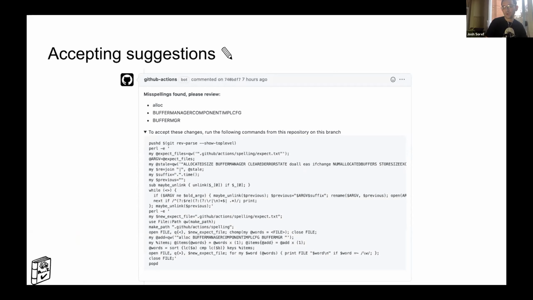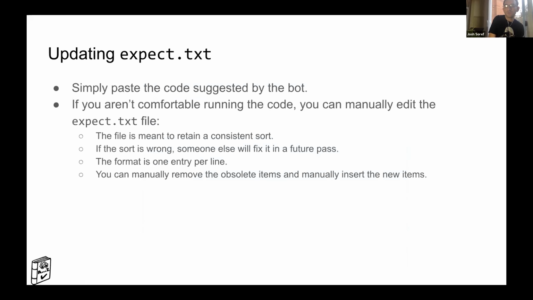You can, of course, also manually remove the items. Basically, in this case, there's an expect file, and these are individual lines in the expect file. You just remove them. And similarly, if you add these 3 items into it, that's all it takes. The expect file would like to be ordered alphabetically, but the bot doesn't really care. So yeah, you copy and paste the suggestions, and it does things.